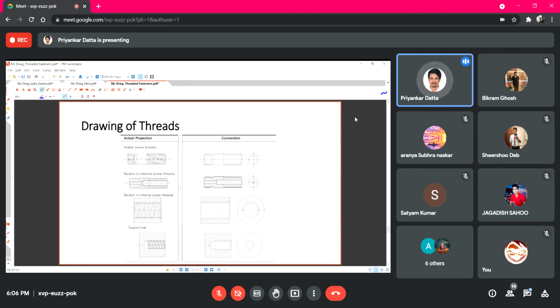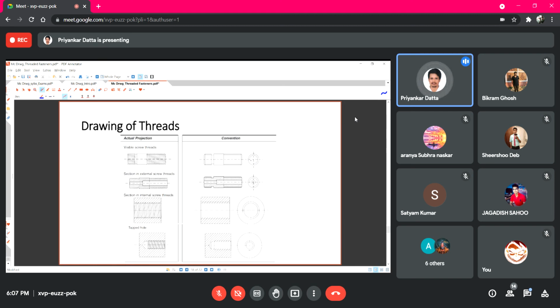So another part is different for different types of components. These are the actual projections that I already showed you, the detailed projection. But conventionally, when using machine drawing, we generally use this form of drawing.